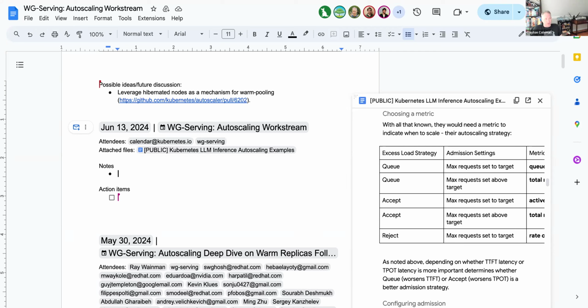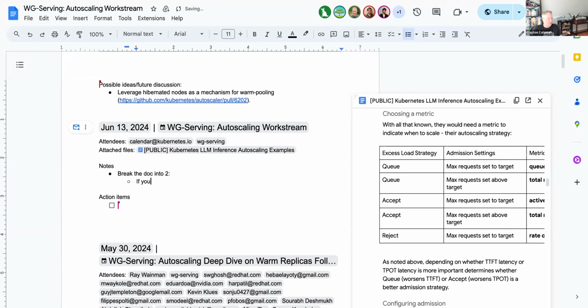I was going to ask too, I could probably break the doc into two sections. There's the easy path, which is what I see a lot of people hitting: I have a set of homogeneous hardware and a homogeneous workload, what's the best way to autoscale? That's really variations A1 and A2. And then I have the more advanced scenario, which is a little less developed because I started with the easy one, but it gets into things like